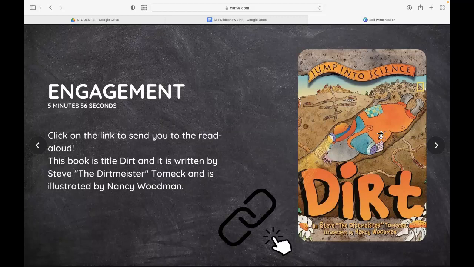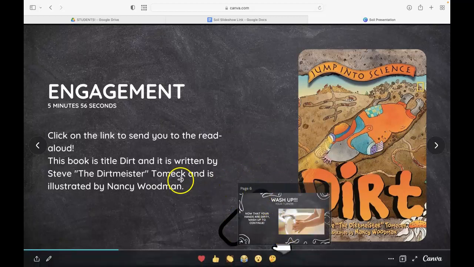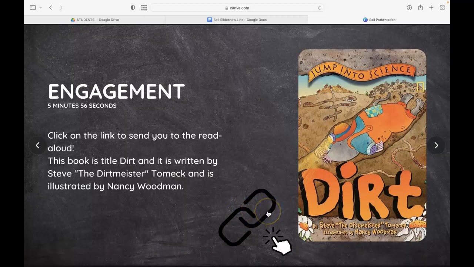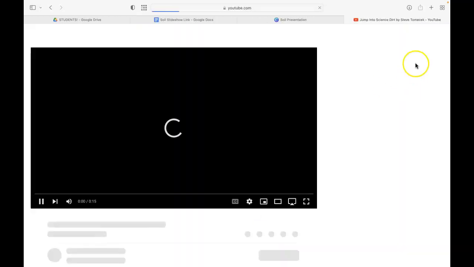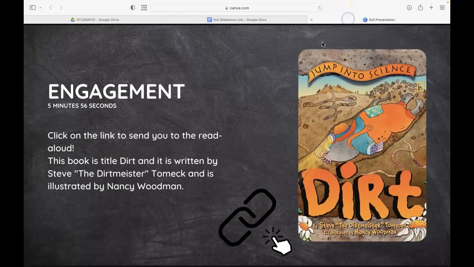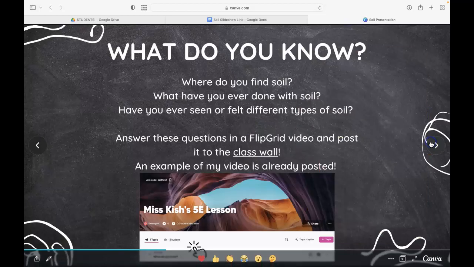As you go through, make sure that you are looking for anything that looks like this, whether it be the pointer or a bigger little picture image right here. So this one is asking you to click on this to watch the read aloud video. When you do that, it'll pop up right here. All right, and then the next slide,